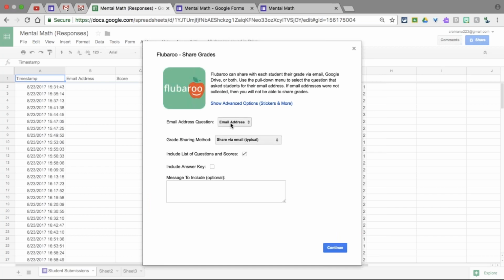Okay, so the email address question, obviously you want it going back to their email. One of the things I like to do is send it both email and Drive, because it can be glitchy and sometimes the kids will say, oh, it's not showing up in my Drive,